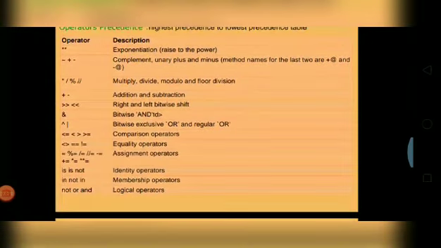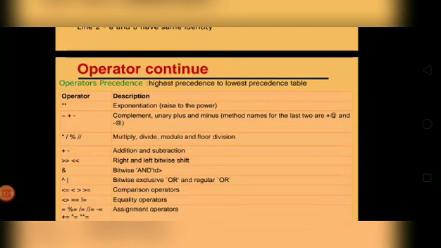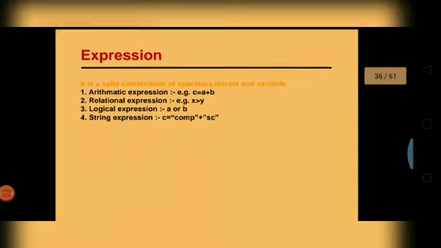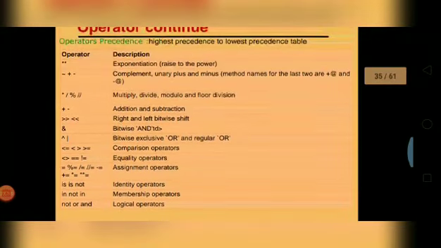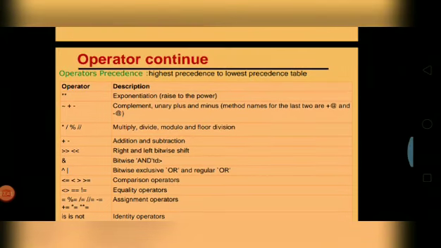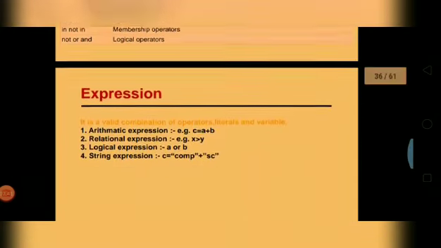Next is operator precedence, meaning the priorities of the operators: as per the given expression, which operator should be solved first. As you are aware of the BODMAS formula and use it for solving expressions, we should carry forward with other operators also, to know how they are going to be solved. So we have to learn this table accordingly.